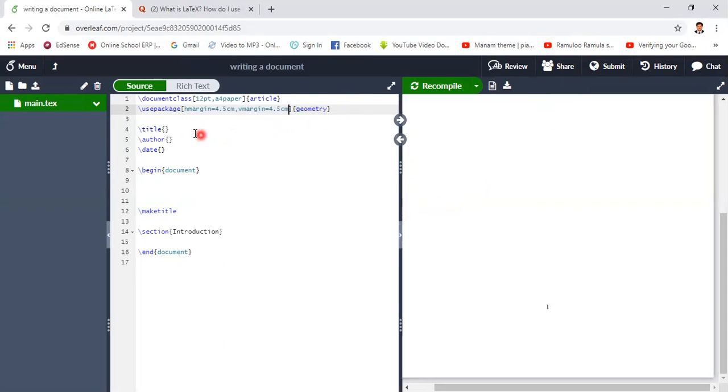After that, every command starts with a backslash. So here I am going to write backslash title. Here the title I'm going to take is a tutorial on LaTeX.